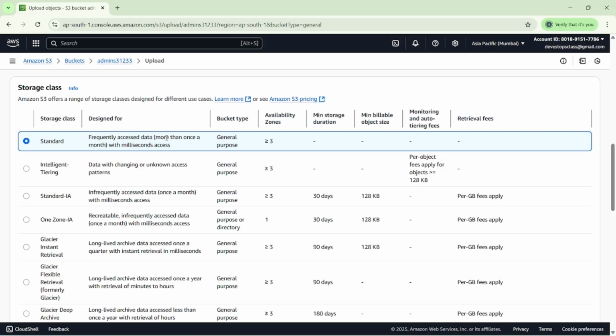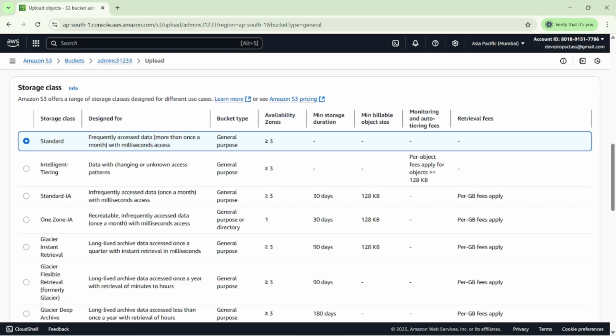So why do we go with storage classes? Because whatever we are accessing, a bill will be generated based on the storage class we select. So we have this standardization from the AWS side, and they provide these storage classes. Some data we will access after 6 months or after 1 year, whenever we require it in our application. That time we can go with storage classes. If I don't know how many times I will access the data in my application, then we can go with Intelligent Tiering. I will show you examples also. Then after that,